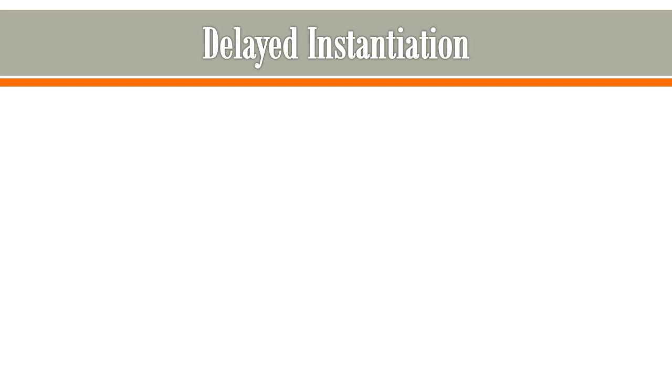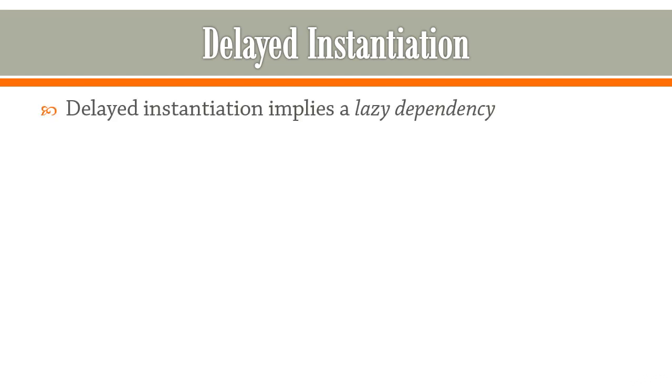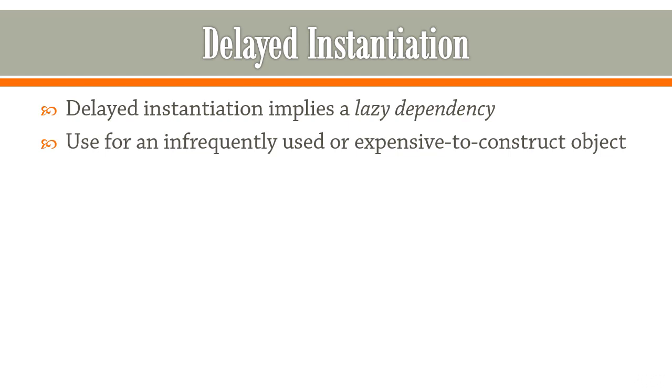Okay, so the first example of an implicit relationship type that we're going to see is called delayed instantiation. This allows you to make, instead of direct dependencies, lazy dependencies. A lazy dependency is relevant for an infrequently used or expensive to construct object. So in case you don't want the object to be injected straight away, but you want to use it whenever